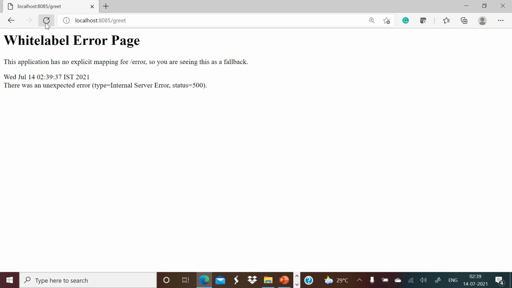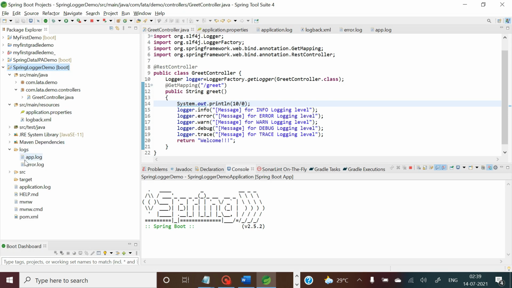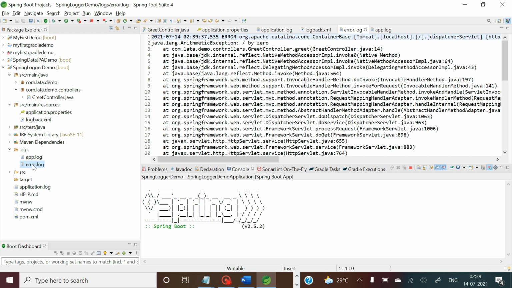You can refresh it over here, and because it has an arithmetic exception, I'm getting this whitelabel error page. But after doing this, let me open error.log, and there you go. You can see that the division by 0 error log is maintained over here.